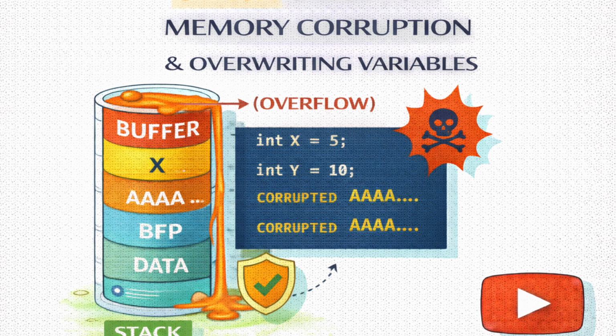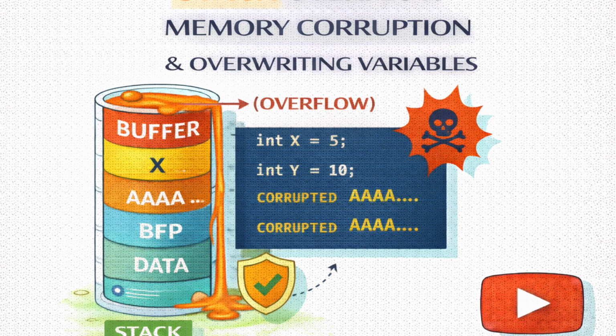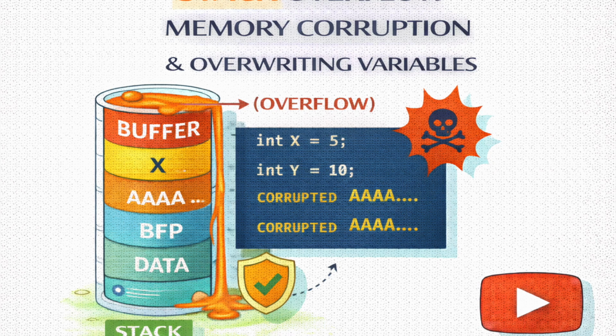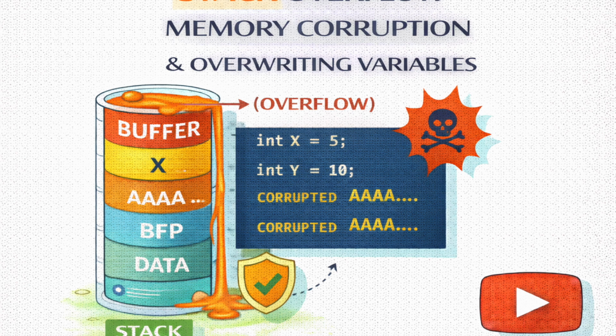It's an efficiency thing for the processor's circuitry. But for you, the hacker, it matters immensely. If you want to overwrite num with a specific value, you can't just write the data in the order you read it. You have to craft your overflow string in reverse byte order, so that when it lands on the stack, it reassembles into the number you actually wanted. So if I don't account for Little Endian, my hack just fails. Your hack works in the sense that you overwrite the memory, but you'll overwrite it with garbage instead of the specific value you needed. You'll just scramble the data rather than control it.